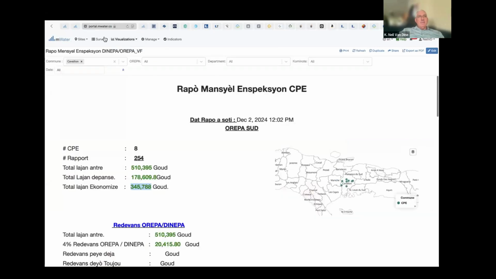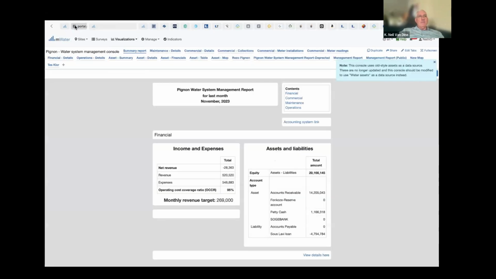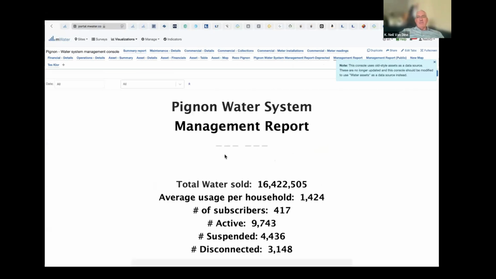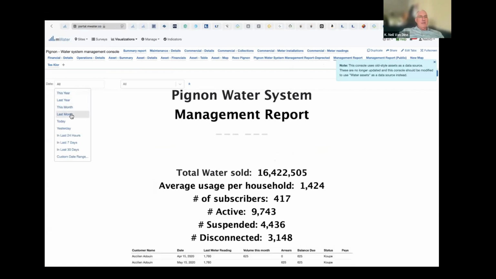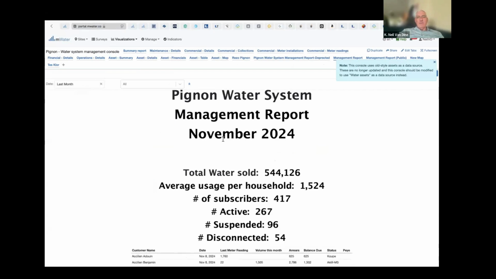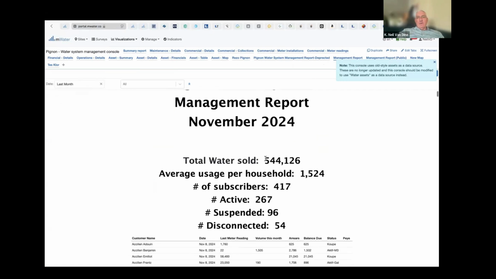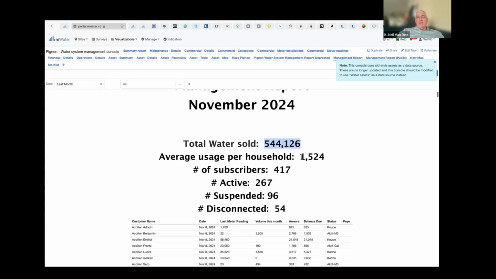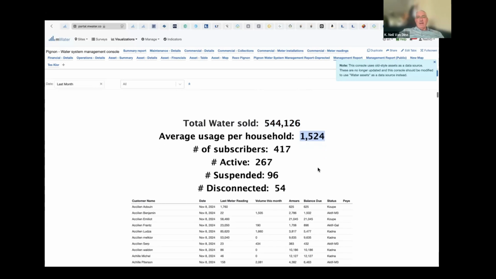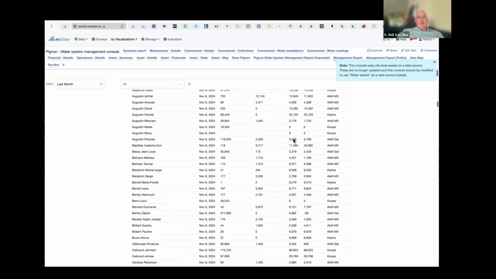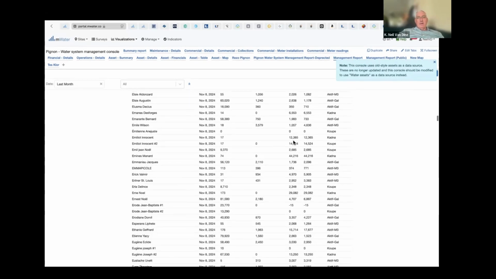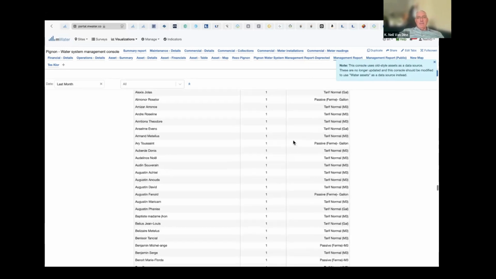I was pulling up another map here, the water system tracking. This is part of the management report that gets out to the team every month. I can look and say, last month in November 2024, they sold 500,000 gallons of water, and the average usage per house was 1,500 gallons. There were 417 homes, and here's the list of all the houses that had water. At the bottom, this is a map.